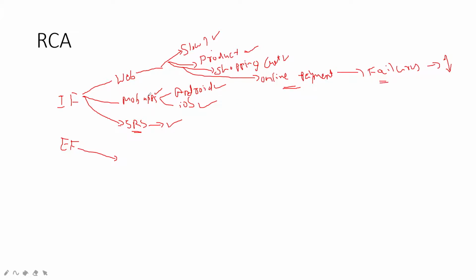Let us say all the internal factors are okay, then we need to look at external factors. Or one more factor can be here, SEO or website ranking, whether the web ranking has reduced or our portal is going down in the Google ranking. This also can be one of the reasons. Let us say if all these internal factors are okay, then we need to look at external factors.